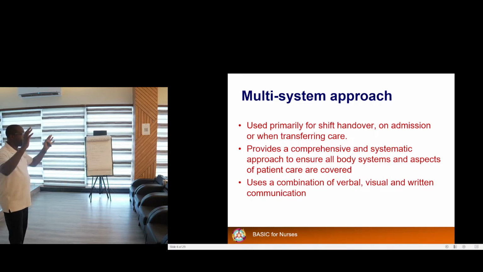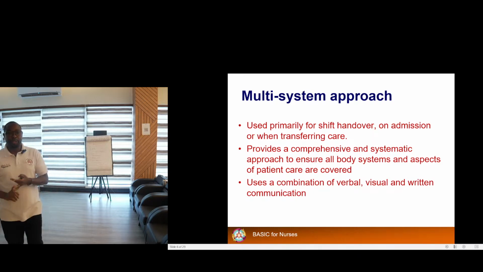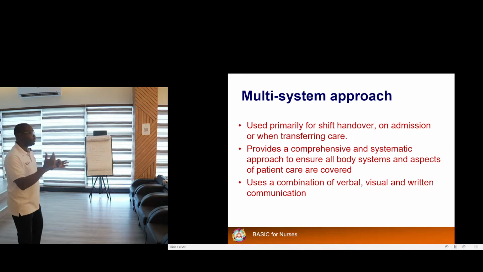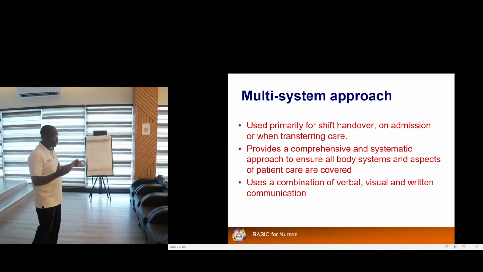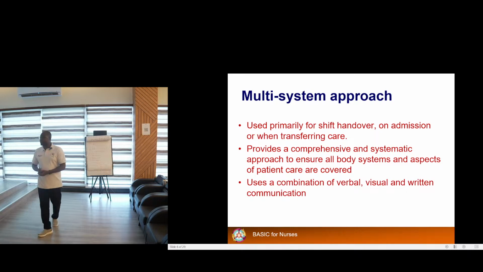Sepsis by itself, in ICU, every day we're monitoring to see if this person is developing any sepsis. That's why we're checking temperature, we're checking VAP scores for the invasive catheters. We're looking for whether the person has developed sepsis or if there is anything different. So we can see a multi-system approach is very important when you are documenting ICU notes,